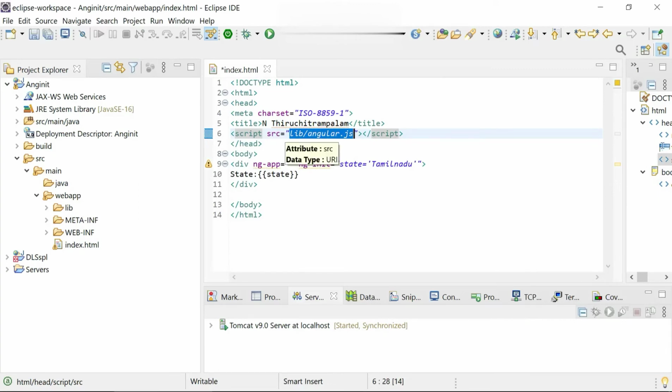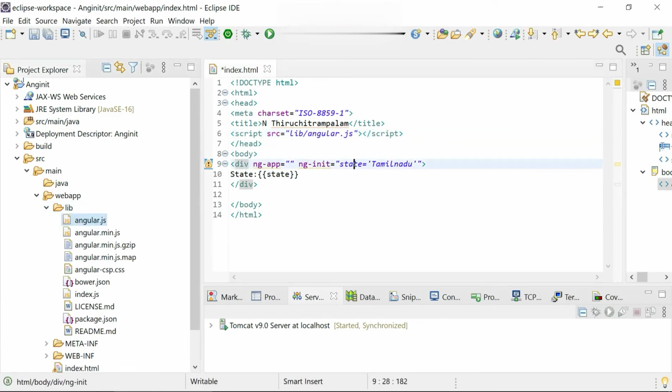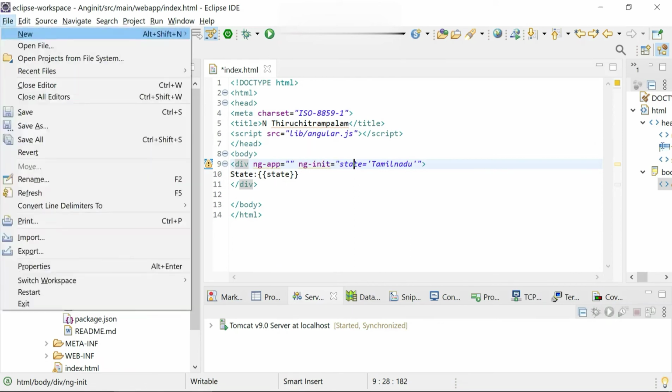It's located in the lib directory. So I have given the name of the Angular.js file in the src as the value for the src attribute. All right, so now I'm going to run this.